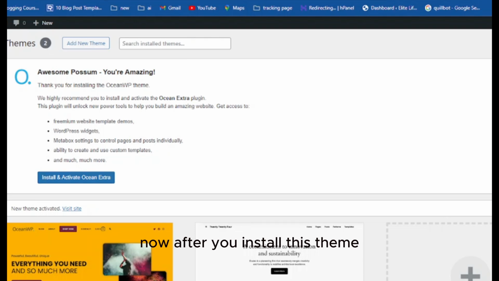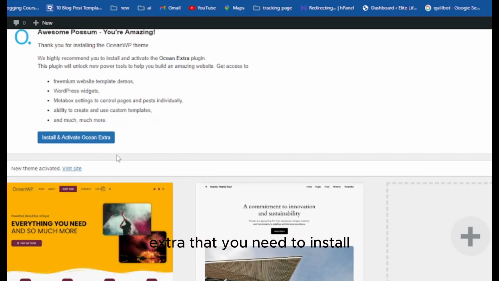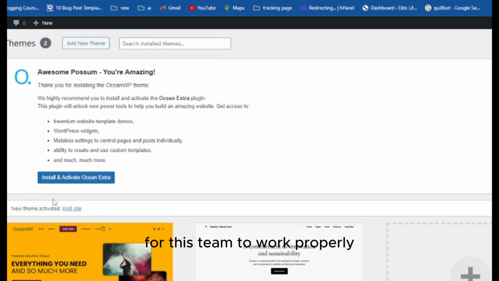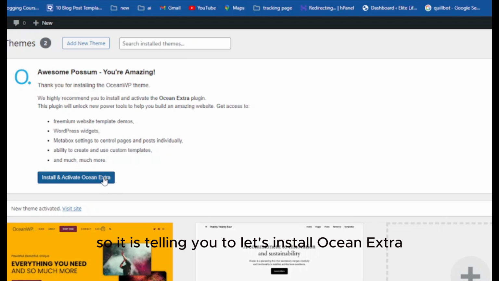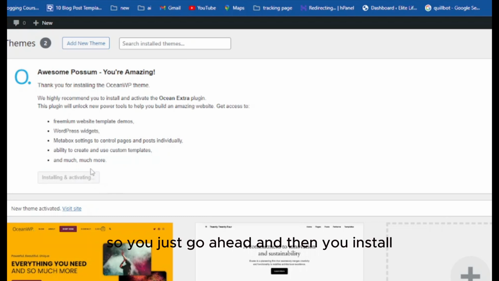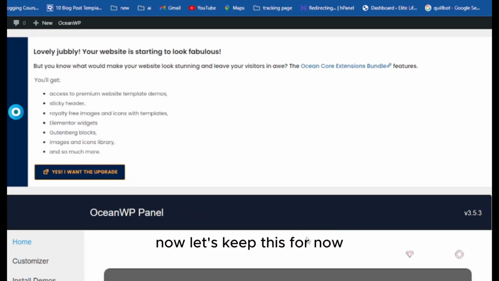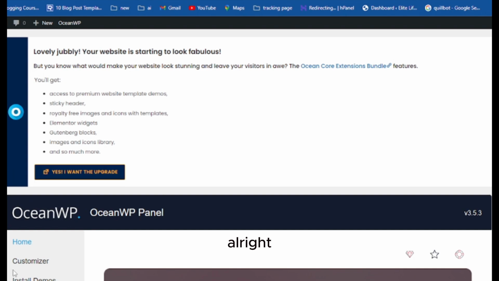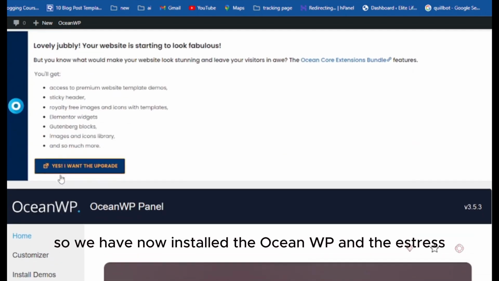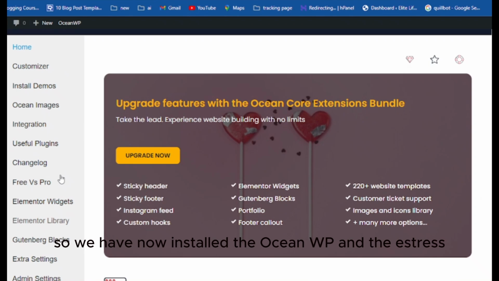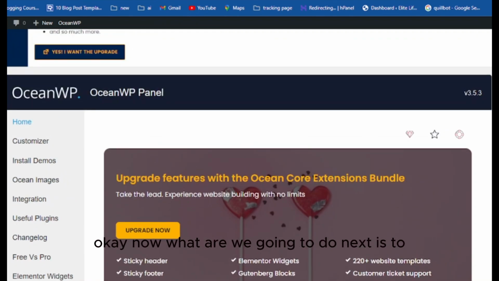Now, after you install this theme, it will automatically tell you that there are extras that you need to install for this theme to work properly. So it is telling you to install Ocean Extra. It's a plugin, so you just go ahead and install. Now let's skip this for now. All right, so we have now installed Ocean WP and the extras. Now what we're going to do next is to